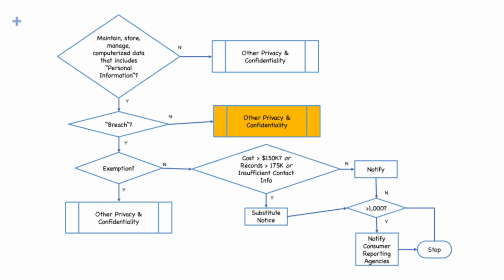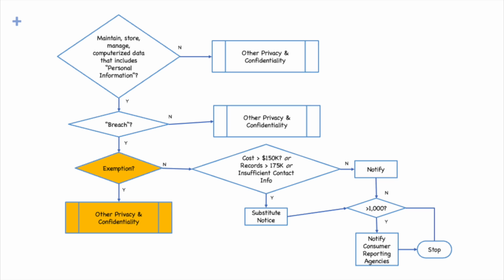Now, even though the Act ultimately defines breach in a fairly narrow way, the business that is subject to the cyber attack should not assume that its notification obligations end there. For example, the GDPR defines breaches broadly to include data destruction, loss, alteration, disclosure, or even access. If you're collecting data on European citizens or even citizens of other states within the United States, you'll want to think more broadly about what constitutes a breach of a data system.